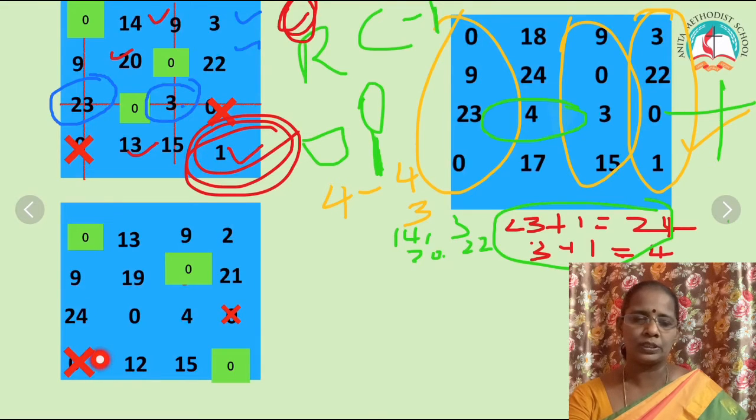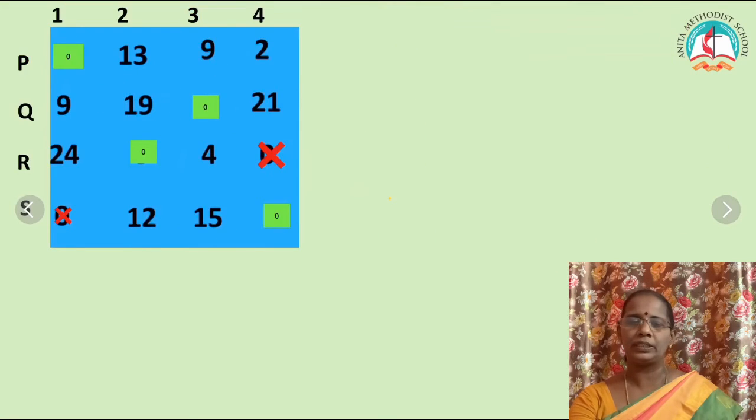Now move to the first column, already assigned. In the second column you have only 1 zero, so now you can assign the 0. Now you have all the assignments made. 4 tasks, 4 subordinates, and 4 assignments have been made. So now our job is over, and after this you have to find the time.